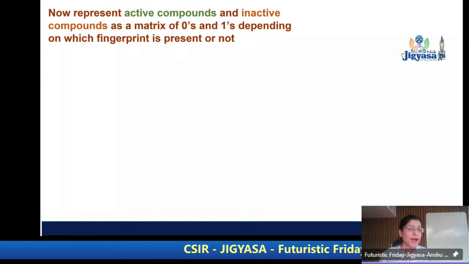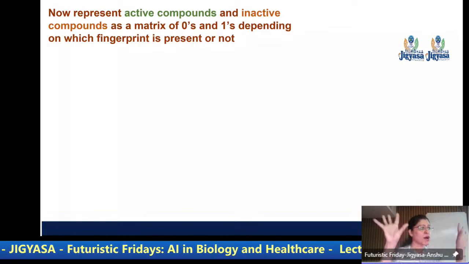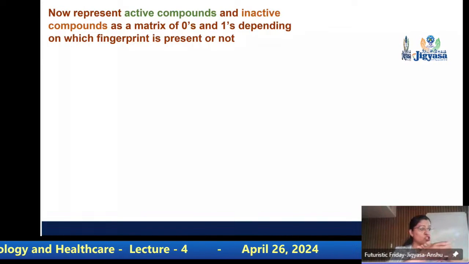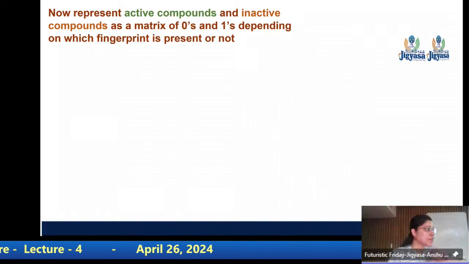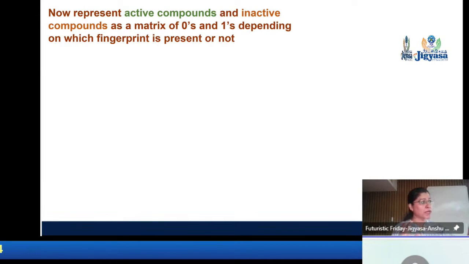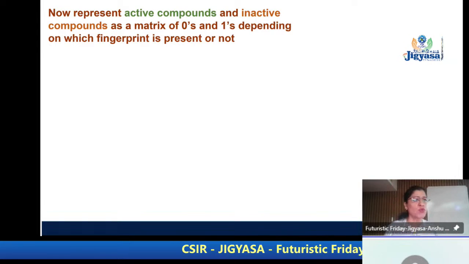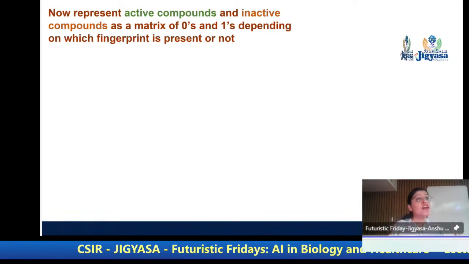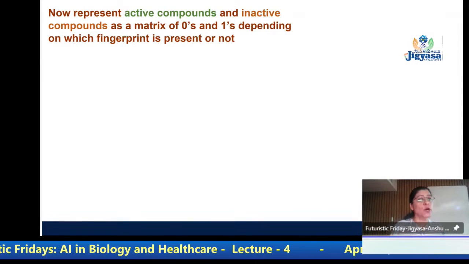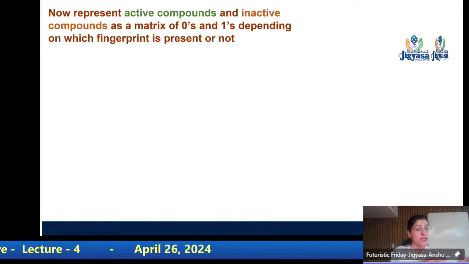Now imagine you have done a test on some X bacteria. You took some 100 compounds from that 10 to the power 60 and you exposed 100 compounds to that bacteria. 30 show you activity, as in 30 compounds are able to kill the bacteria. Remaining 70 are unable to kill. And you now want to understand which functional groups were really contributing to the activity. That is the objective. You want to know what the activity is, right?